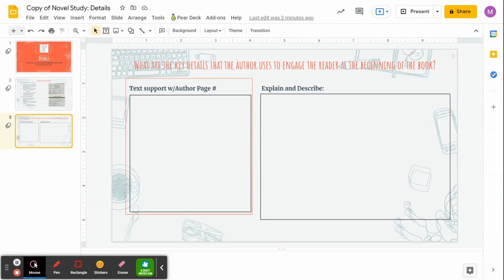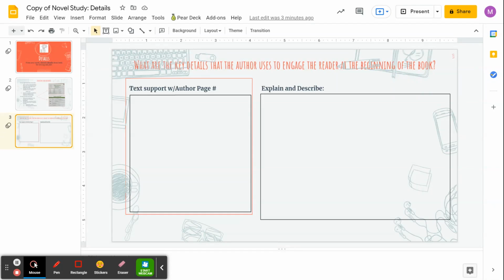Please be mindful that every one of these assignments is organized in the same way. You're just completing a different type of response that's academic writing on the right hand side. There's always a prompt at the top in red. You're looking for text support with the author and the page number on the left. You're copying and pasting that, or you're typing it out so that it supports the answer that you provide to the prompt on the right. Sometimes you'll be explaining and describing, sometimes you'll be proposing and supporting. Okay? As a whole overview